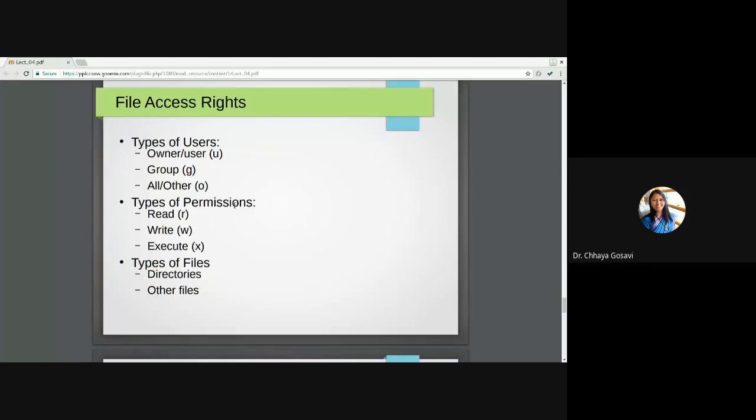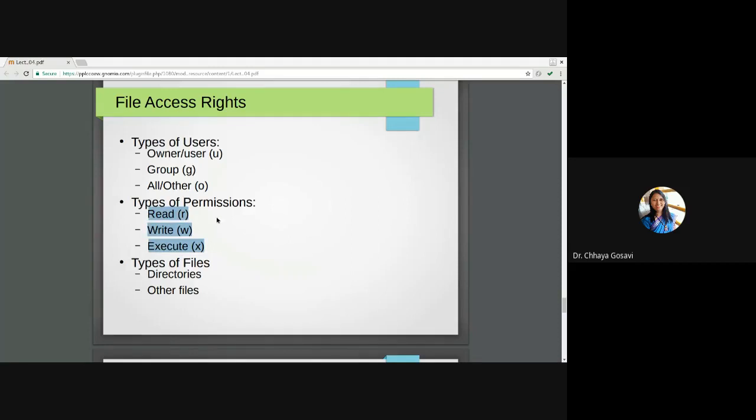And three types of permissions: read, write, and execute. In the case of a file, what is read? Read is just allowed to open and look at the contents. Modification or execution is not allowed, only read access. Write access means the user can modify the content but cannot execute it. And execute, you can run. You can convert that source program to an object file or executable file. That is the execute permission in the case of a file.